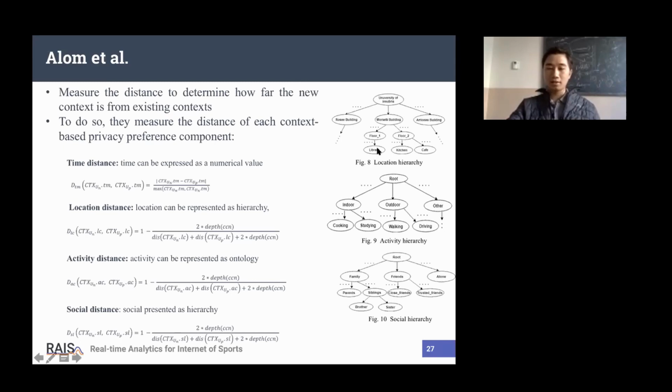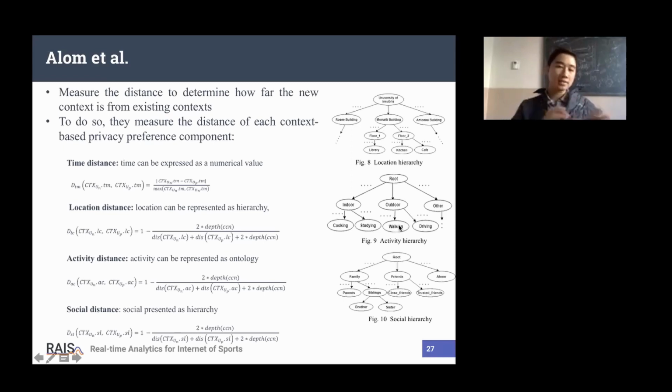As you can see in the tree structure here, each element is defined as a hierarchy tree structure. You can get it easily, something like coding or studying, indoor or outdoor, working or driving, or something else. And depending on the context info, he can measure the distance between activities. For example, first he is cooking at home, and after that he is working.